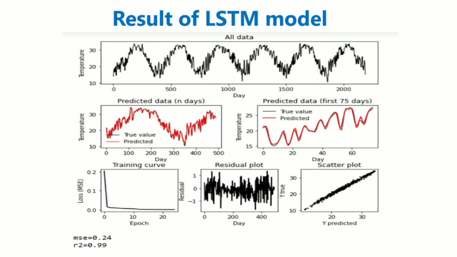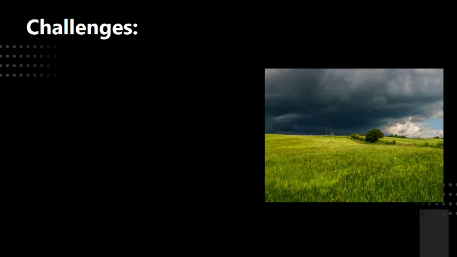So now moving next to the challenges part. Okay, so the first challenge is inadequacy of data. That means sometimes the stations that are used to collect the data are not at the proper location. That's why the data that we are getting is either not consistent or not relevant to use for the further processes. So that is one of the biggest challenges.